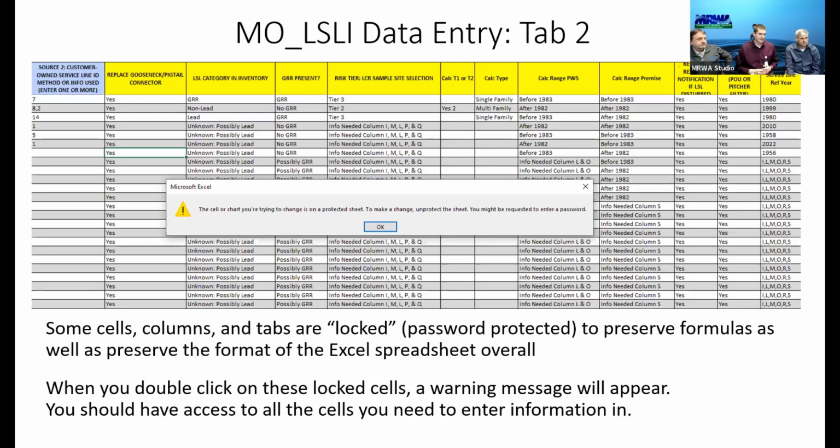I included a column there that will still show if there is a galvanized segment. You'll notice that third row down has the category inventory as lead, but there is a galvanized portion present there. I don't know if that's helpful, but it does show that galvanized requiring replacement as well. Then the risk tier calculation.